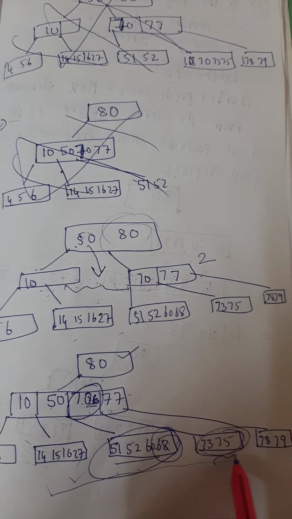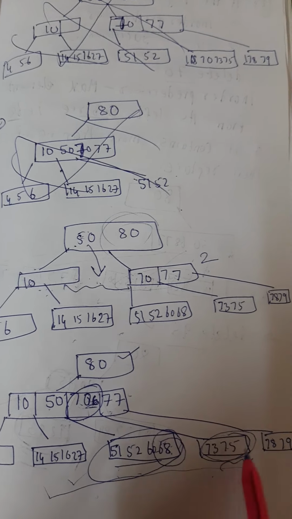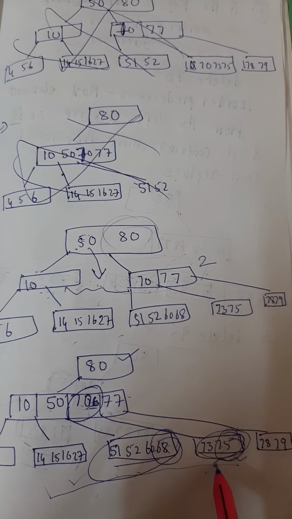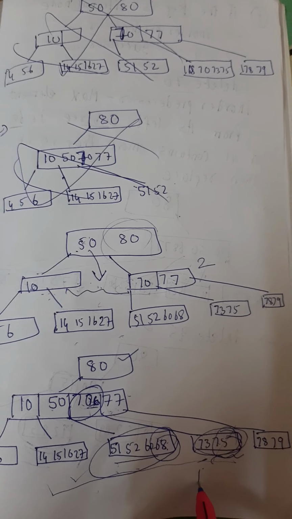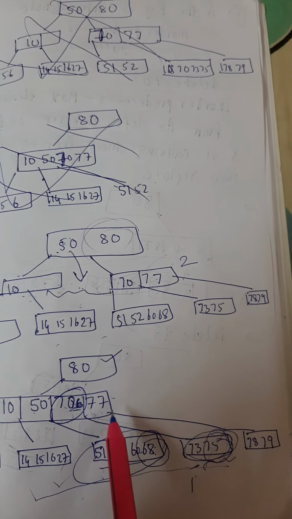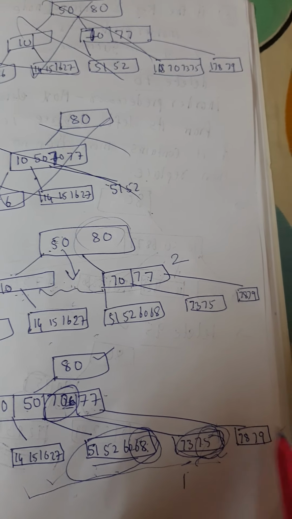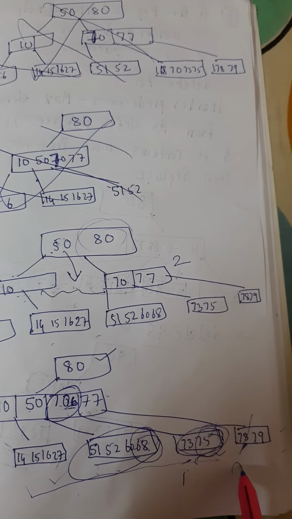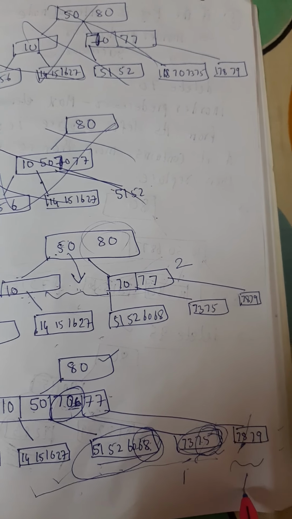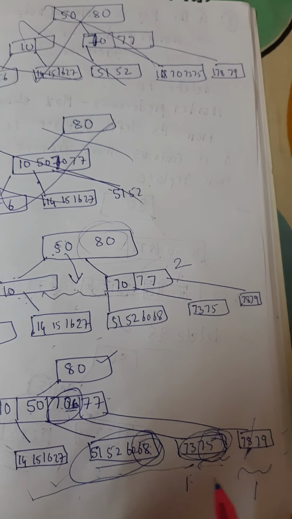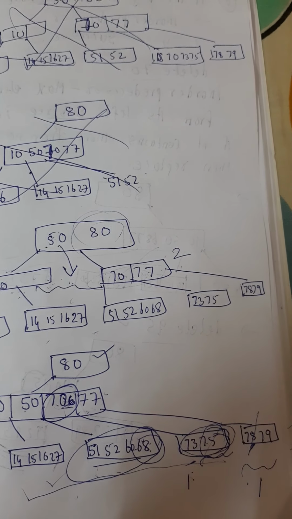In this, you find the in order predecessor. What is the in order predecessor of 77? It is 75. But if you delete 75, the number of keys will again be 1, so we cannot delete it. Now go with the in order successor, which is the minimum element of the right subtree. The minimum element is 78. If you delete 78, it will again become 1, so this will also violate the property. So we cannot go with the in order predecessor, or with the in order successor.